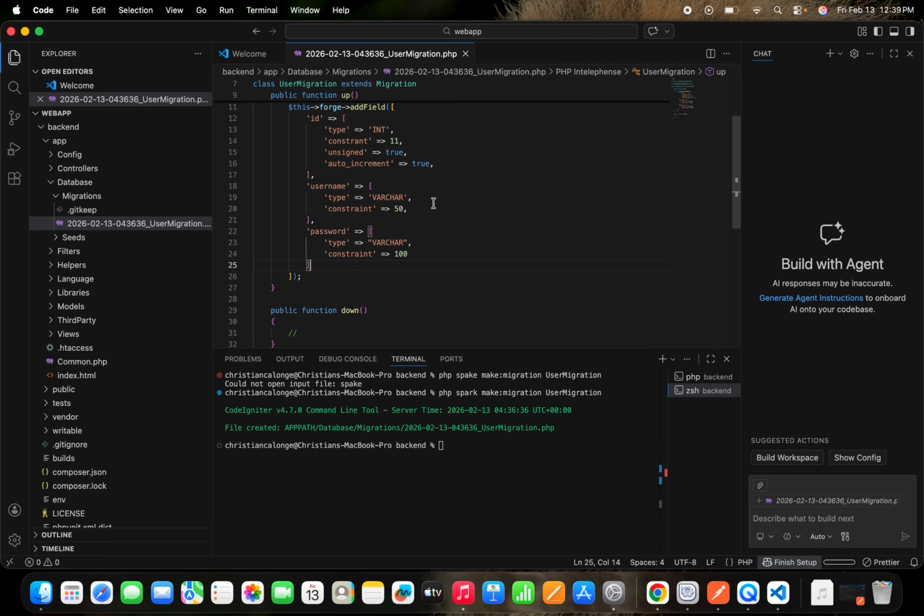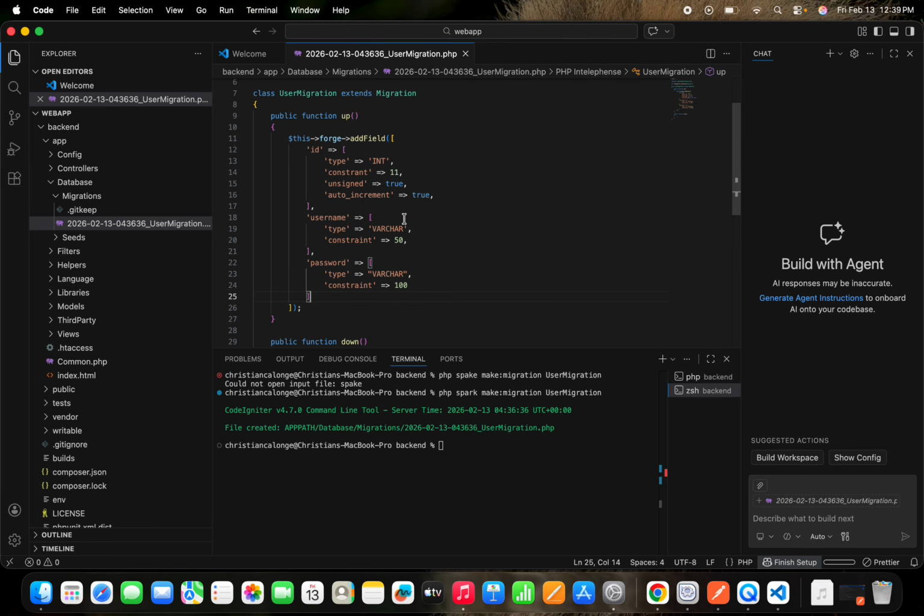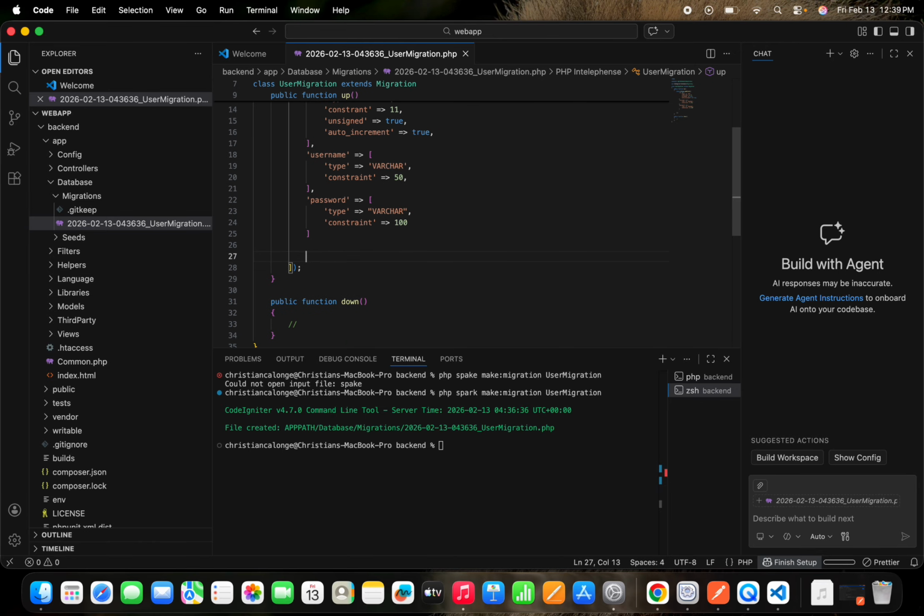Next, take note guys that for every table you are creating, you must add a created_at and updated_at field. This is very important. So created_at, and then datetime. Every time you add data, a timestamp will be recorded.